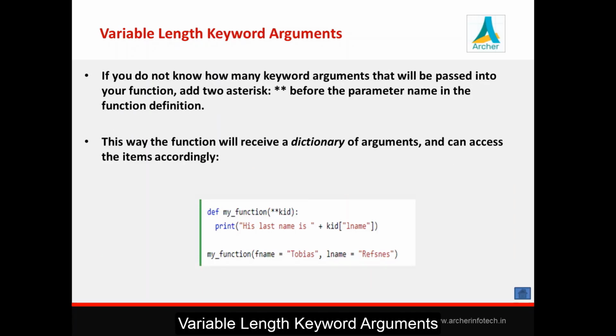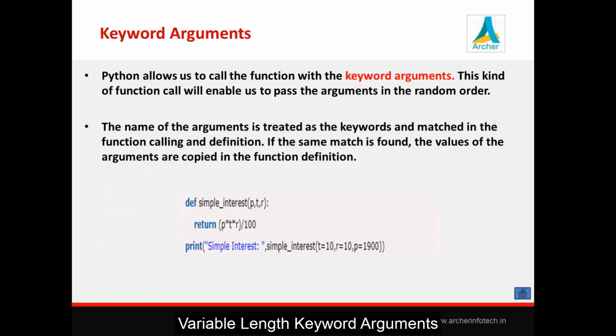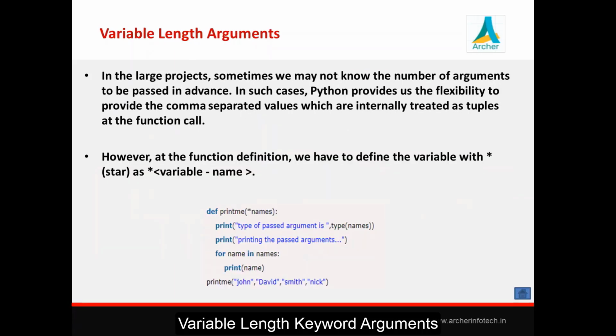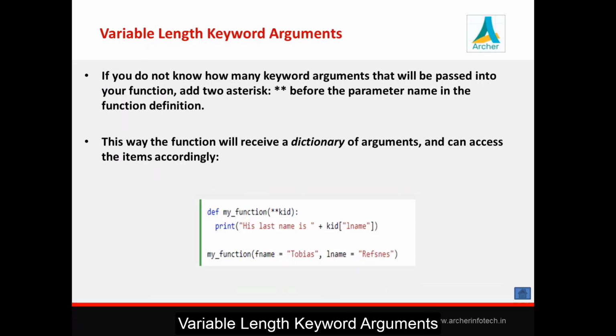We'll see variable length keyword arguments. Now this is a combination of keyword argument plus variable length argument. In case of keyword argument, we've seen that at the time of function calling, we can use the argument name as a keyword and we can pass arguments by providing values to these keywords. And in case of variable length arguments, we have seen we can pass any number of arguments to a function and all those arguments will be stored in this variable, which will work internally as a tuple in that function. So now we'll create a combination of these two and we will manage variable length keyword arguments.